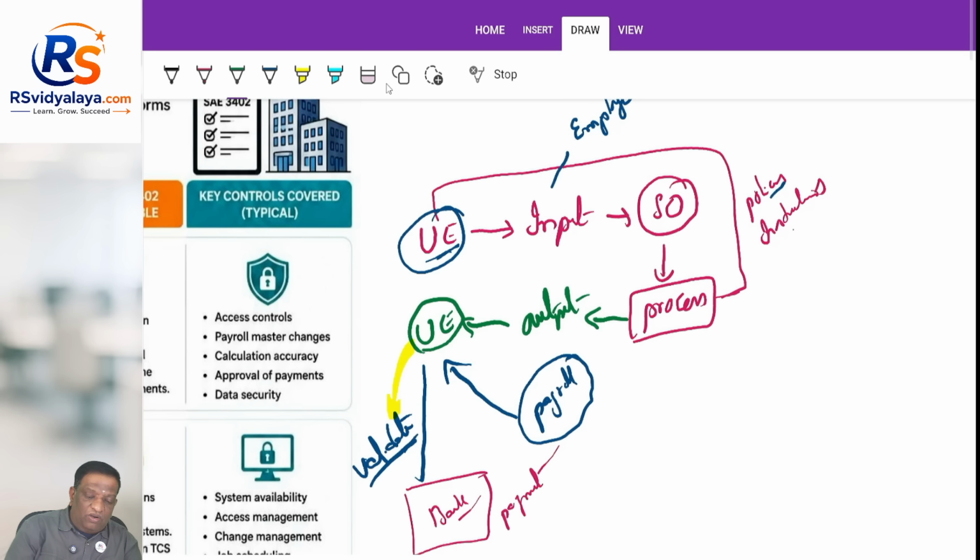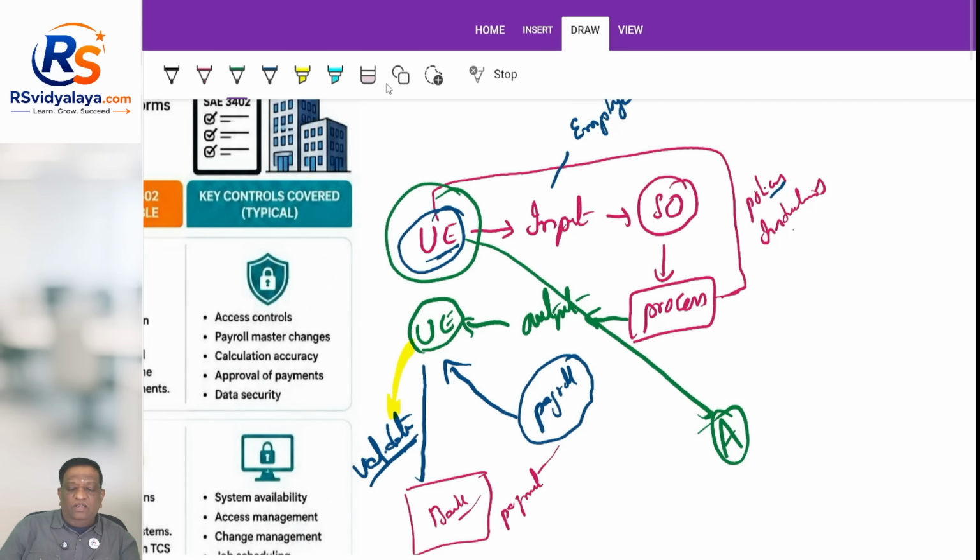Now comes the question. Say you are the auditor of this user entity. Whatever payroll is processed by the entity will appear in your P&L account as payroll transactions, the cost on employees. Now whatever number is appearing in XYZ Limited, you want to sit with XYZ Limited and ask, how did you compute it? What are your leaves? What rate has been applied? What is the discounting factor? Everything.